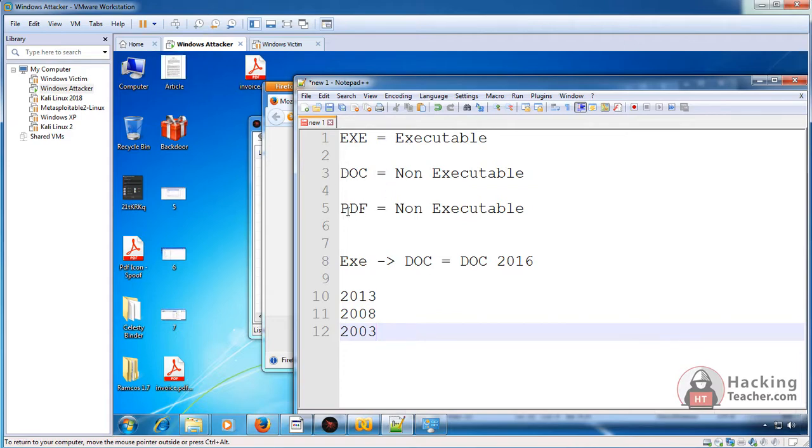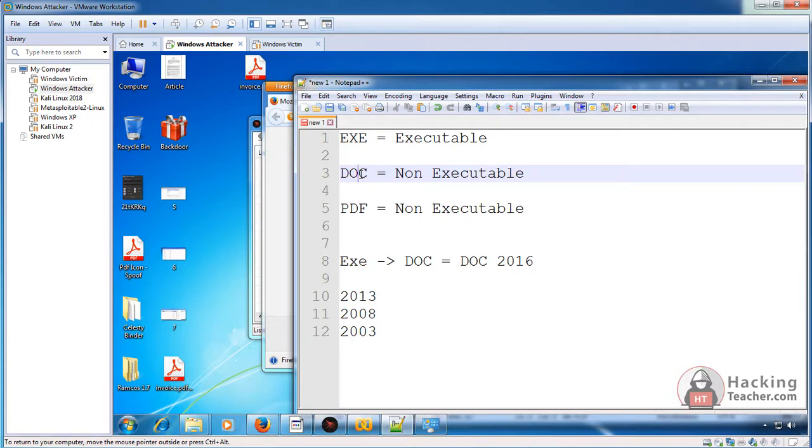If they are using the latest Adobe Reader, your exe bound in the PDF will not run. If they use the latest Microsoft Office version, your exe hidden in the doc file will not run. So non-executable files are always dependent upon the openers. If the opener is strong, the file will not run. If the opener is weak, the file can run. Because the opener is actually extracting the juice, the exe, out of the doc and running it for you.